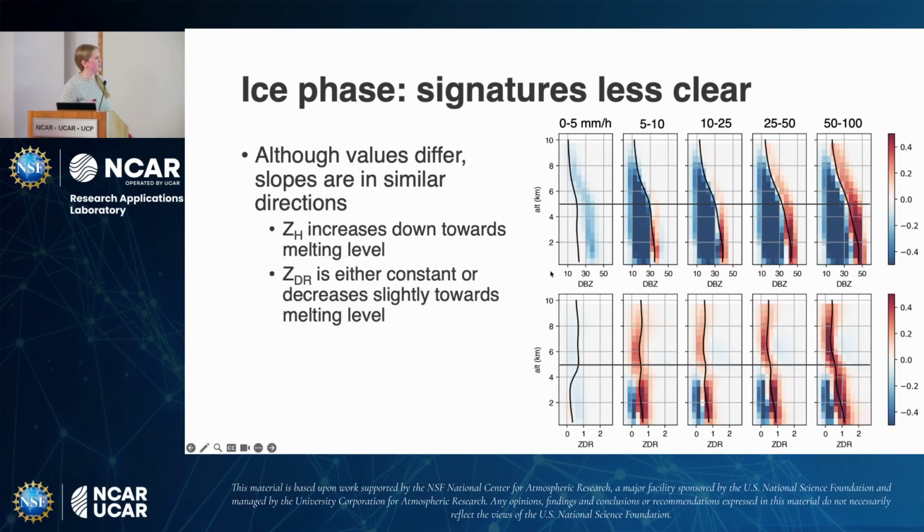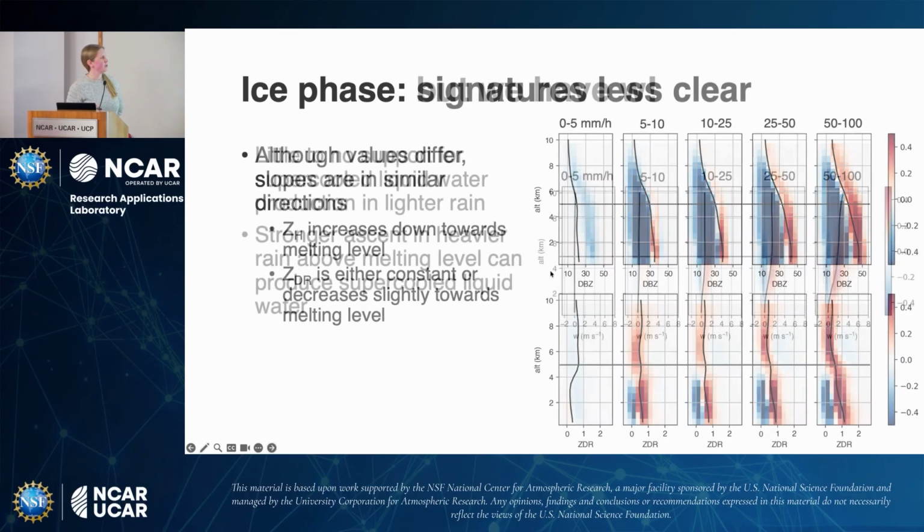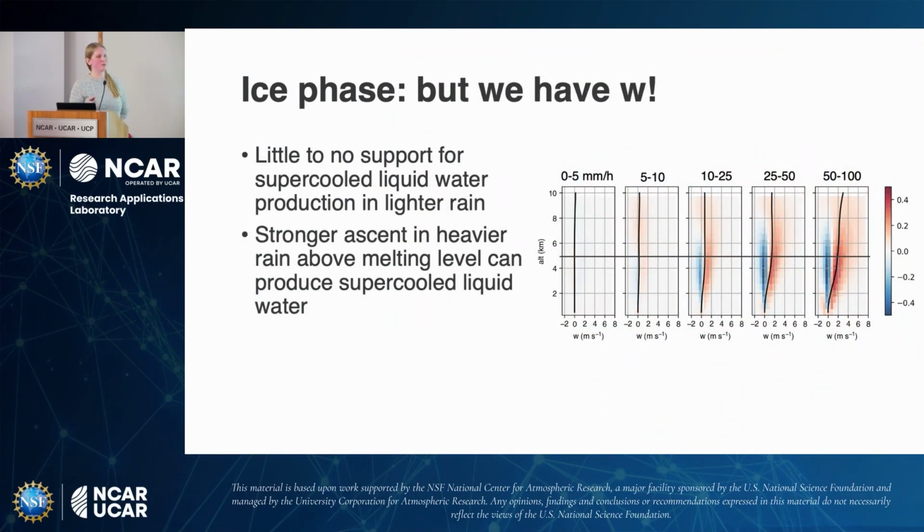But the nice thing about these precip analyses is we actually have W because we have both the polarimetric and the kinematic differences. So we can look at the different CFADs for W, and we see that, again, as we saw in the first section, we actually have ascent above the melting level and the heavy raining grid boxes. So we actually have the support to generate supercooled liquid water that you need for accretion. Whereas in the lightest rain, we do not have ascent. The mean is basically 0.